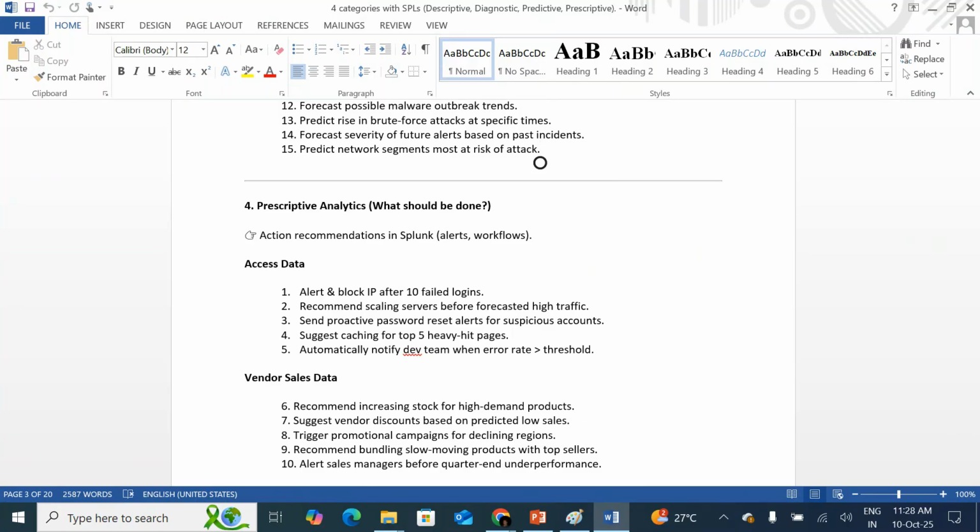Before going to Splunk, what is data first? If you want to apply all these analytics, you need data. So what is data? How many types of data are there? Structured, semi-structured, and unstructured. If you have structured data, what do we need to do? If semi-structured, what do we need to do? If unstructured, what do we need to do? Which tools are suitable for structured, and which for unstructured? What is the role of Splunk in data analysis or these analytics? We'll see tomorrow. That's enough for today.